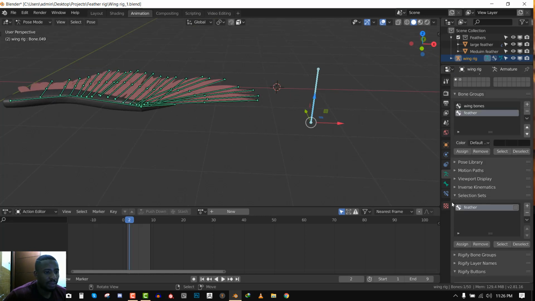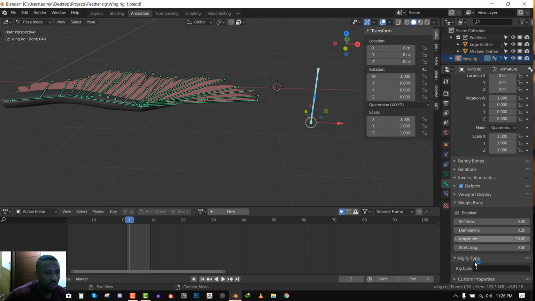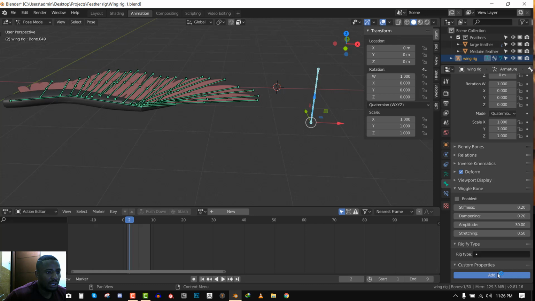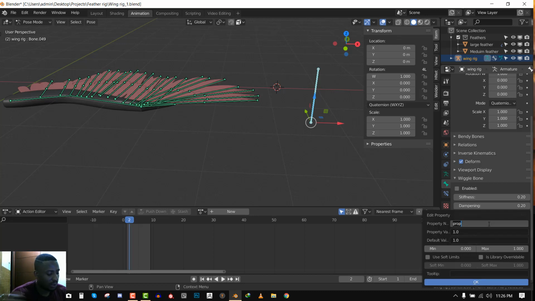So selecting this bone, I will go to the bone panel, custom, let's add. Okay, so in the bone panel, you want to add the custom property. For the custom property, we'll call this feather bones. Okay, so for the property value, we want to set it to 1 and the default value to 0. So what this basically means is when you have